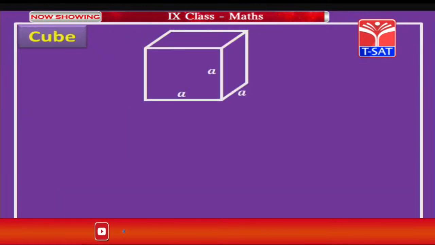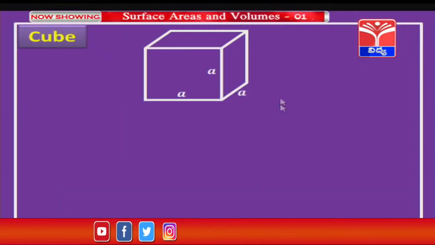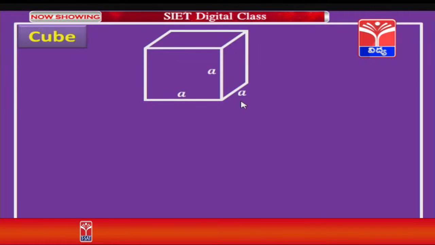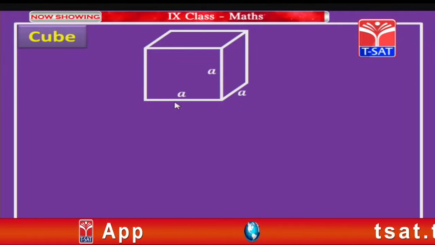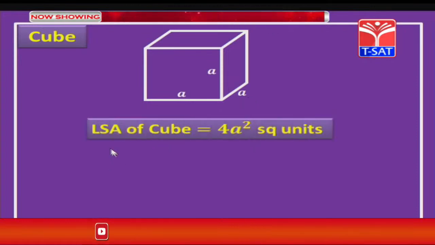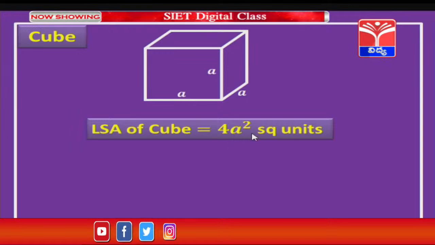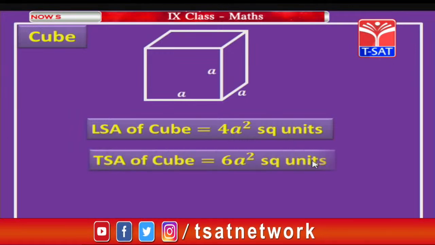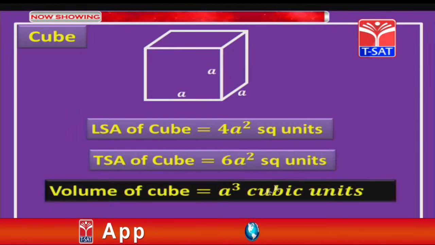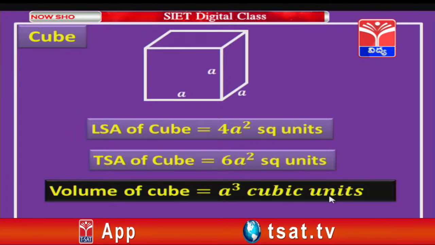Let us see about a cube now. Here, children, if you notice, a cube is nothing but a cuboid in which all the edges are of equal length. So, instead of L, B and H, we have A and A as its sides or edges. Now, in such cases, the LSA of a cube is given by 4A square units, whereas the TSA of a cube is given by 6A square units, and the volume of a cube is given by A cube cubic units. So, children, now we understood what is actually the total surface area, lateral surface area, and volume